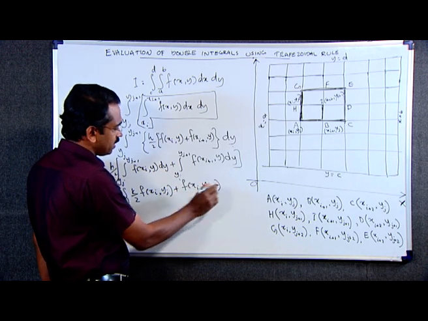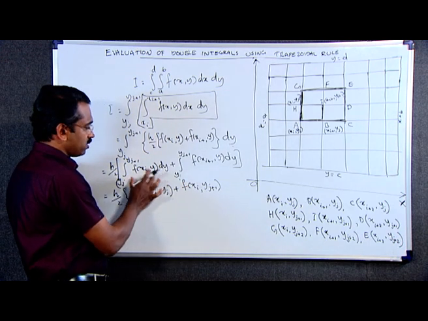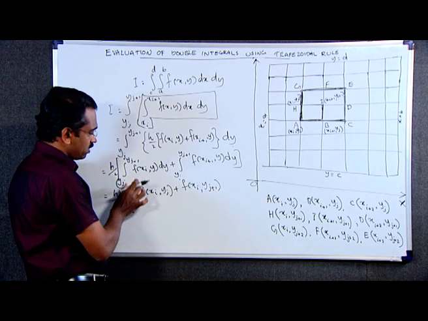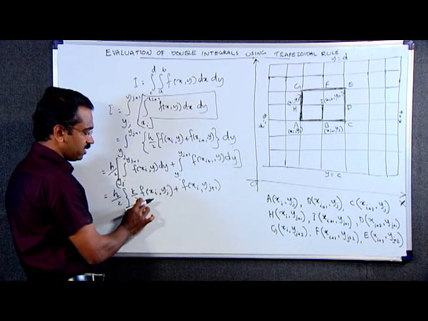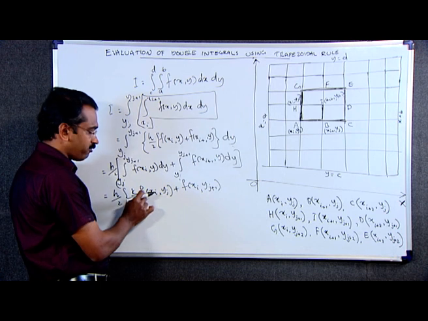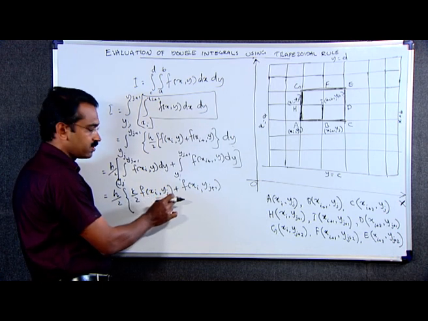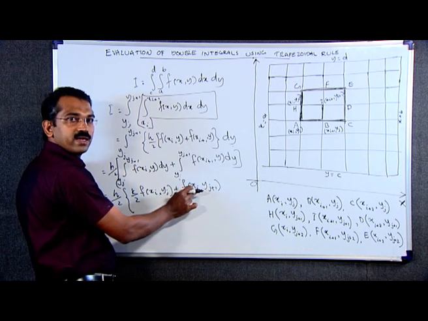This is by the trapezoidal rule for this function. We can write the integral yj to yj plus 1 f of xi y dy as k by 2 into f of xi yj plus f of xi yj plus 1